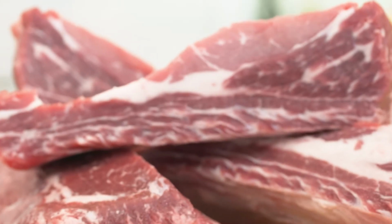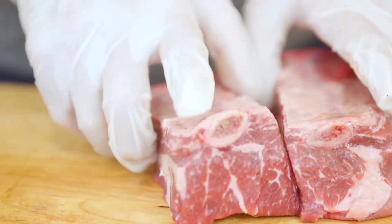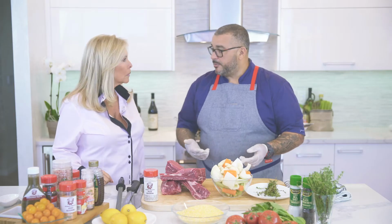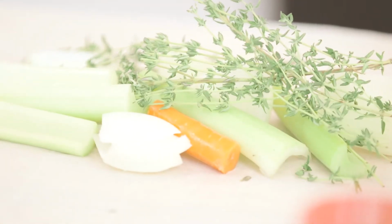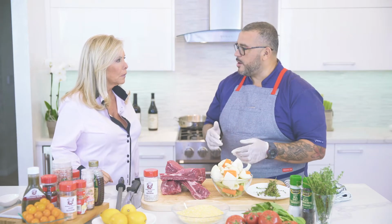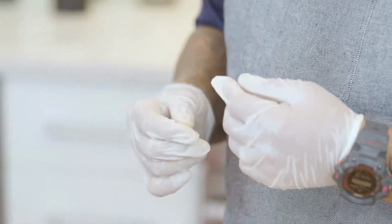Well, today, Dawn, we have beautiful short rib bone-in from Romeo Meats. We're going to do an en papillote style of cooking. So we're gonna do a nice hard sear, salt, pepper. We have our mirepoix, which is your carrots, garlic, onion, celery, a little bit of thyme, and we're gonna cook it almost in a casing for about 2 hours. It's gonna hold in all the juices, the steam in there, and when it comes out, it's gonna be beautiful,